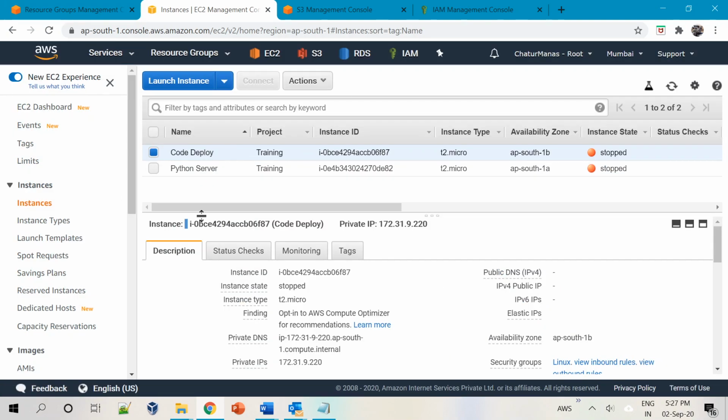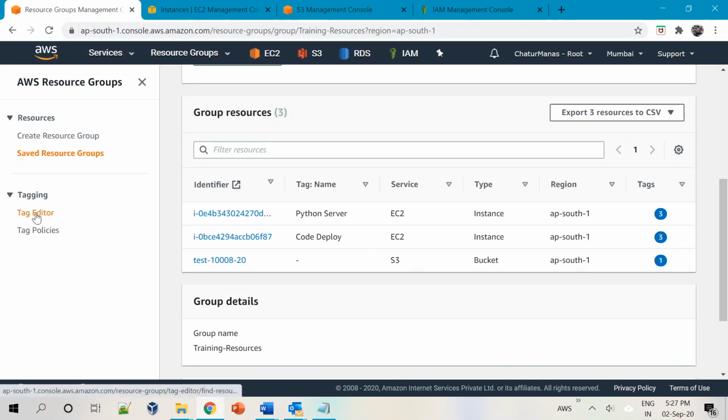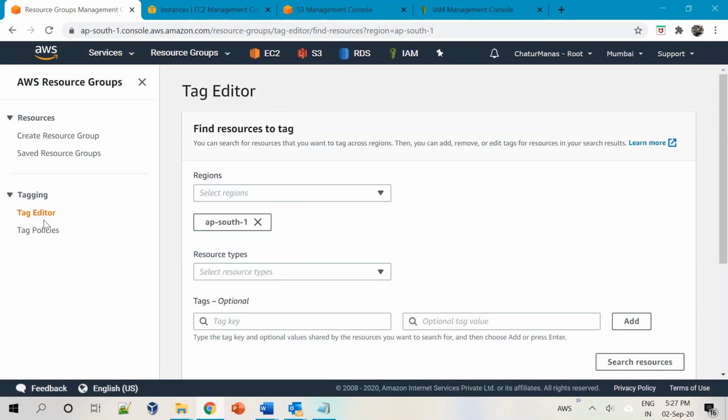What if you have 50 servers and another 50 buckets wherein you want to tag all those resources with common tag names? How will I do that? That can be done using a tag editor. The tag editor will help you to identify the resources as well as do the bulk tagging.